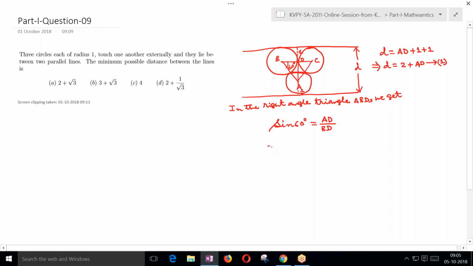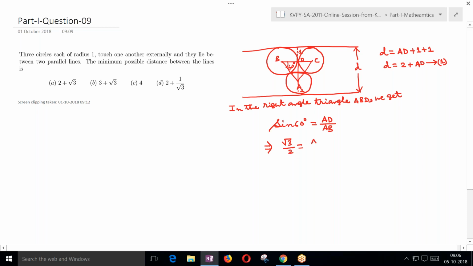So this implies sine 60 is what? Root 3 by 2. Oh, I'm sorry, I made a small mistake here. Sine 60 degree is equal to AD by AB. This implies sine 60, we know the value of sine 60 is equal to root 3